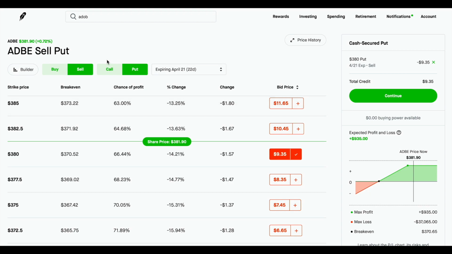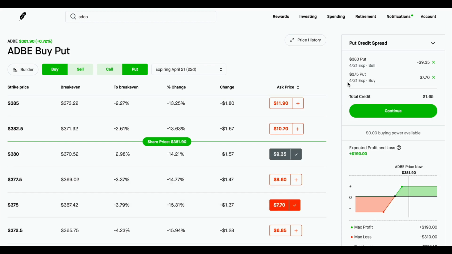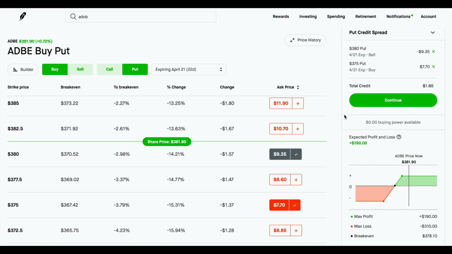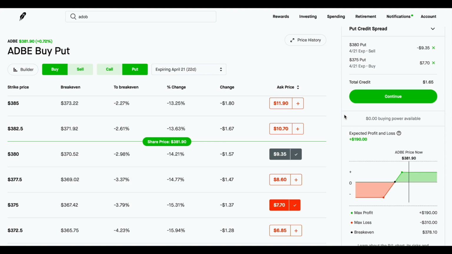I want to do a put credit spread. So what I'm going to do is buy a put a leg lower. For this example, I'm going to do the 375. So if I click there, I'm buying the 375 put. Effectively, I have a spread now of 5 points between these 2 strike prices, and the total credit I'm going to earn is $165. And remember, this $165, if I execute this put credit spread today, it's in my account